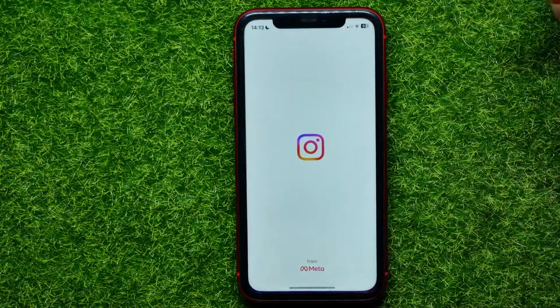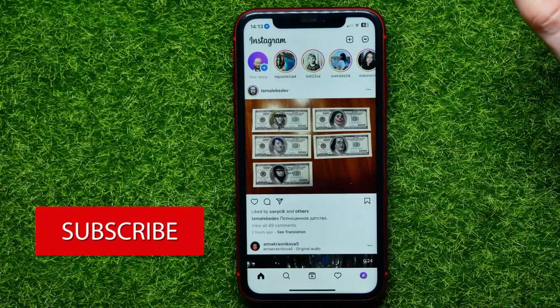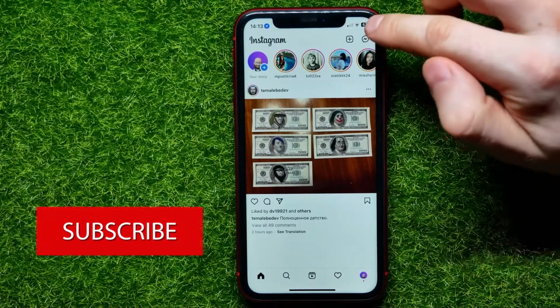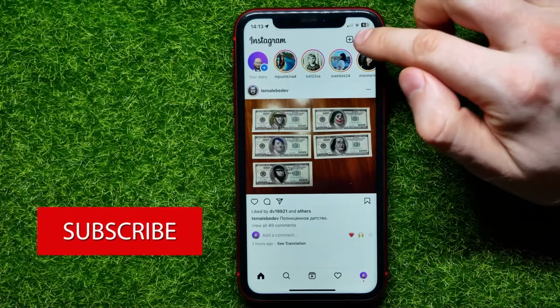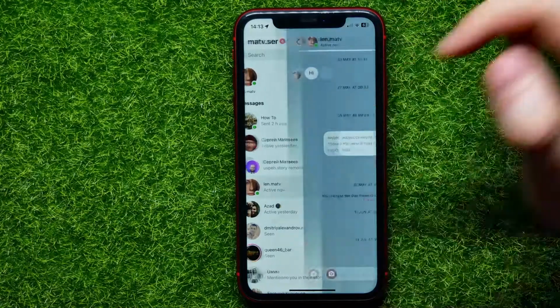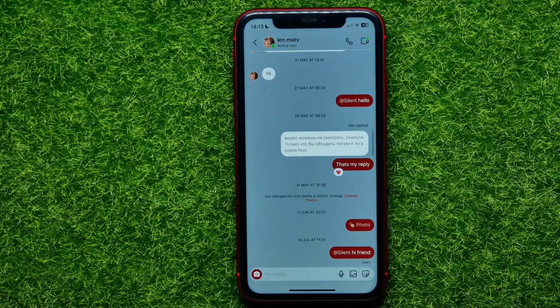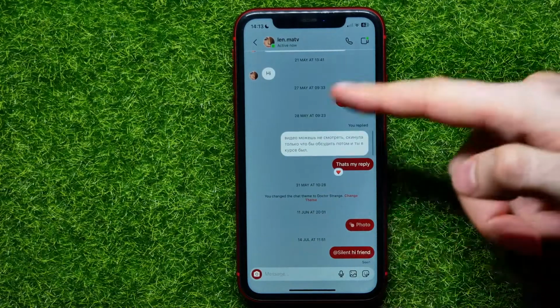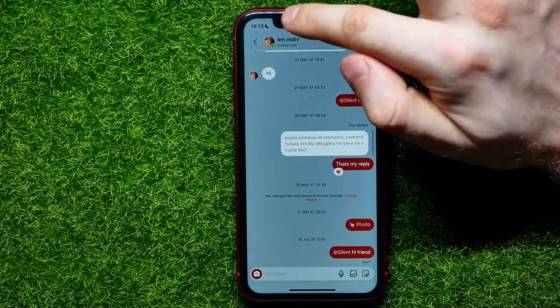First, open up the Instagram app, and then right here at the top right hand corner, tap on the DMs icon and then just open up some conversation. And now, in order to set a new chat theme in that conversation, all you have to do is just